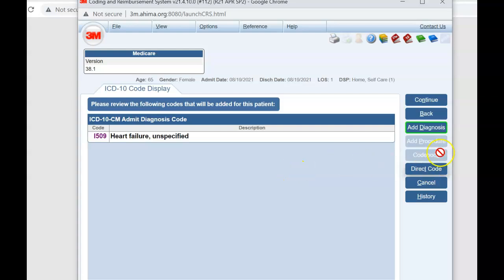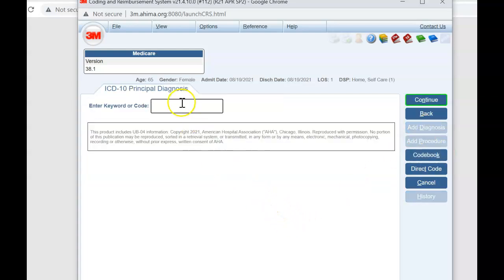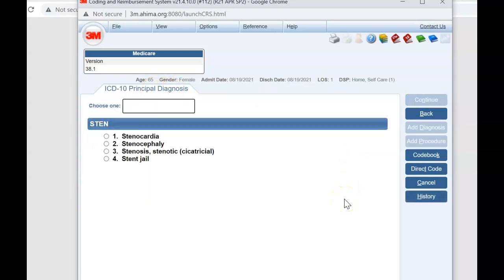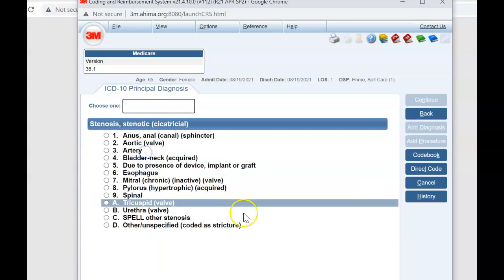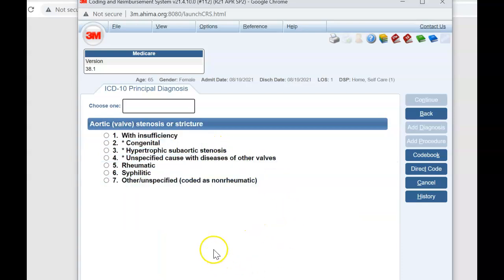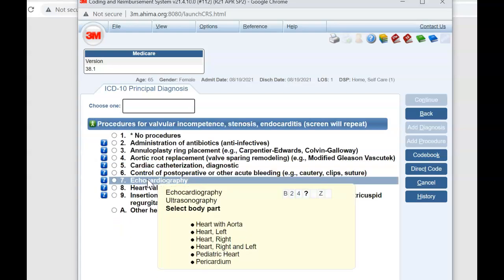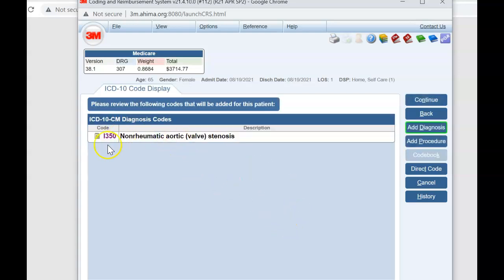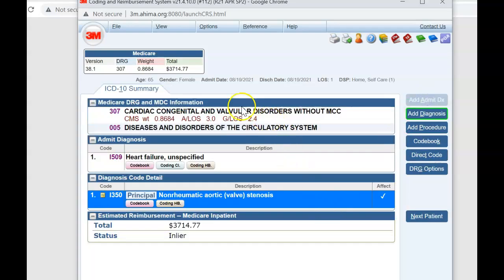So a couple of different things we can do: add another diagnosis. Let's say that this patient also had stenosis, because heart failure is my principal diagnosis. We'll say stenosis right here. We're going to say aortic valve. And we're just going to say it's going to be non-rheumatic. No procedures. So now I have my I35.0. If I hit continue, it's going to give me my 2 codes right here, heart failure. And we'll get into all this DRG in a couple of weeks. So I have I50.9 and